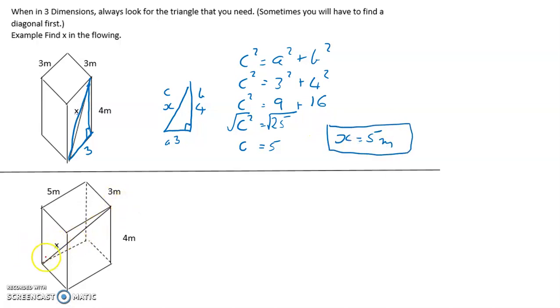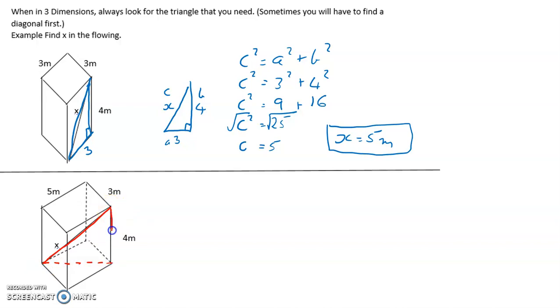With the second 3-dimensional one, it's still important to work out where your triangle is. So this side here is one side that I want, so I'm going to highlight that first of all. I have to think, what part of a triangle will that be? So this has to be part of a right angle triangle, but it doesn't show sides there. Now, I could draw a line across the top here, or I could draw a line across the bottom there. Either one will work, whether you want to go upwards or downwards, it does not necessarily matter. But to find this side, we need to make another triangle first, and I'm going to go down the bottom. I'm going to draw a dotted line in,